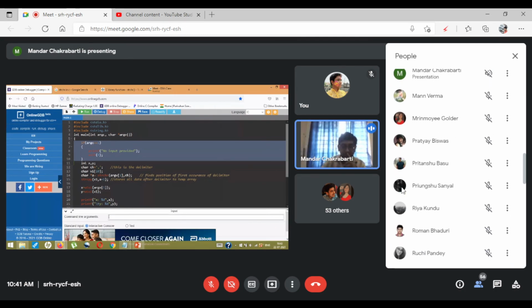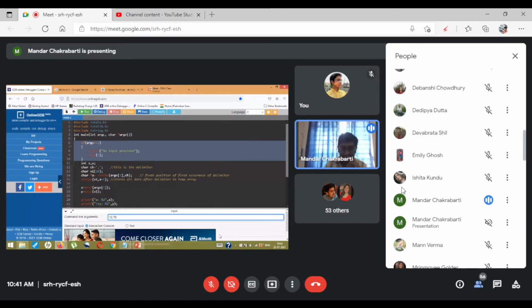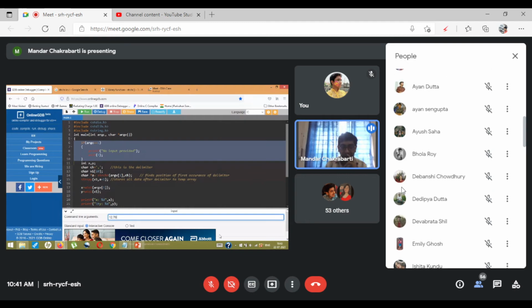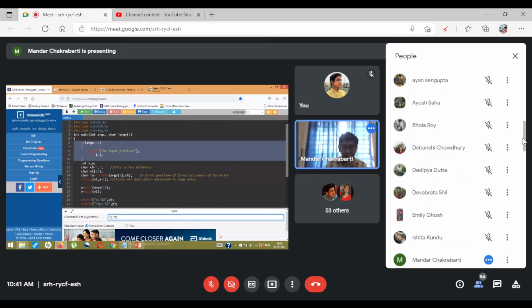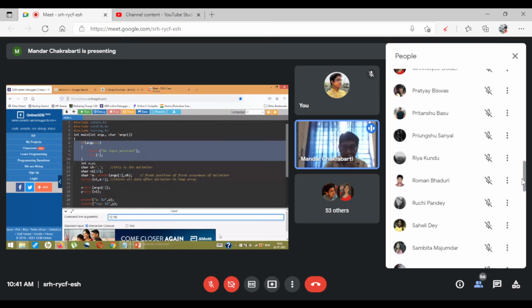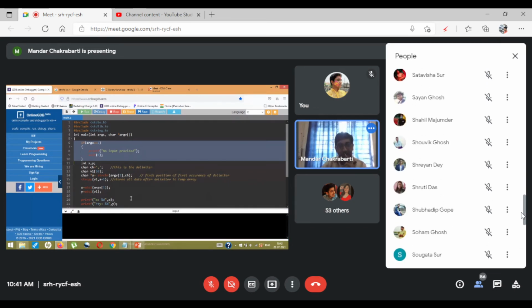If I were to give an input over here, say 12,78, the input format is in this way: input 1, comma, input 2. I will explain the program to you guys.